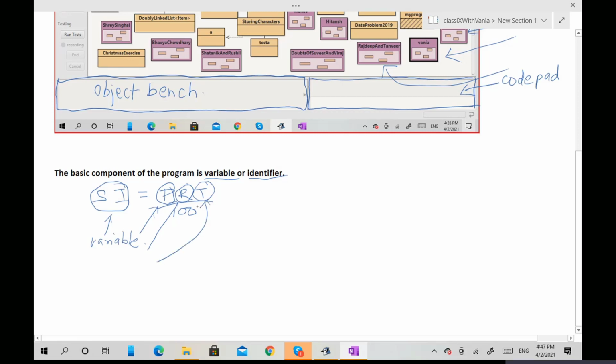What is this 100? 100 is basically a literal. What type of literal is it? It is an integer literal.